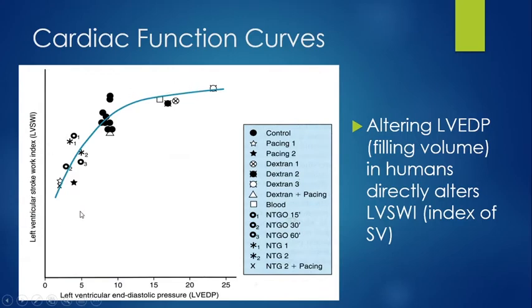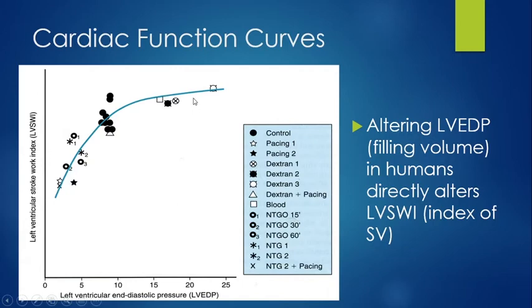And you can notice these words are different, but ultimately we're drawing the same conclusion. In this experiment, you have all of these control subjects, and then they are influenced with different pharmacological agents, things like dextran, to try to increase preload, therefore increasing end diastolic volume and pressure. And what you're seeing then is an increase in left ventricular stroke work index, which is an indicator, again, of